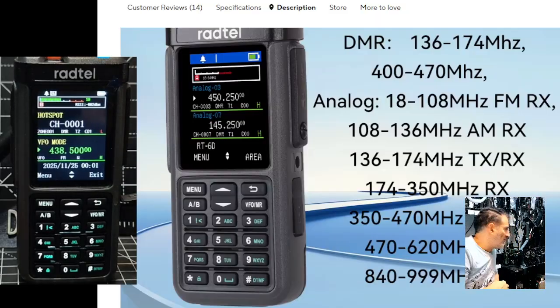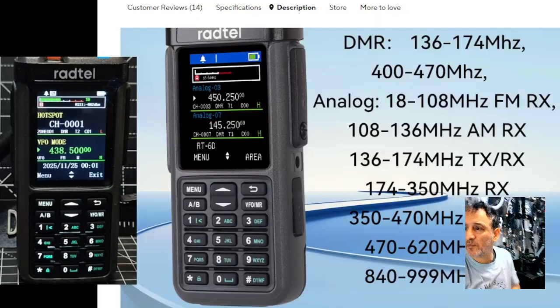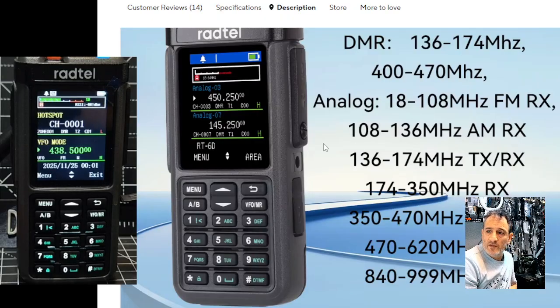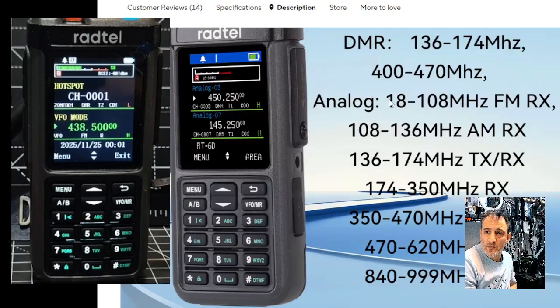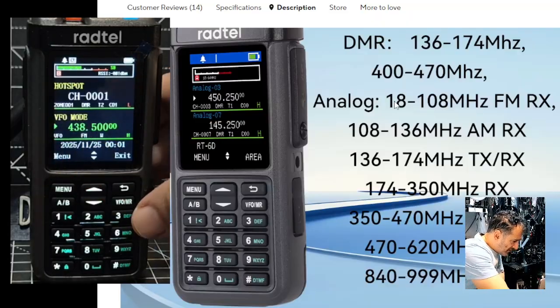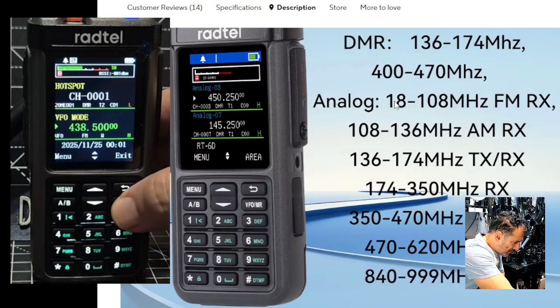Not sure what it's picking up there. Need to squelch up, put the squelch up on my All-Star node. Let me see if I can just put that on. If I just go to, we're on B, which is 438,500. If I go to memory,